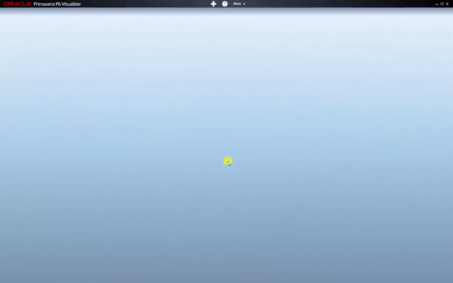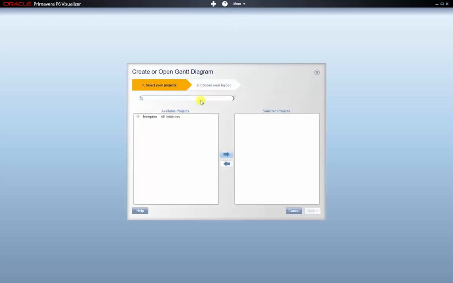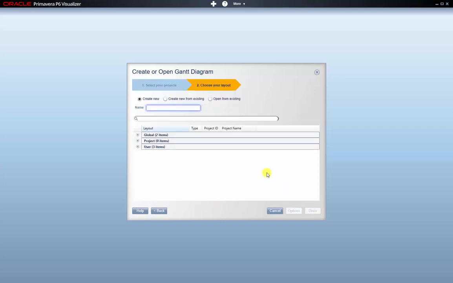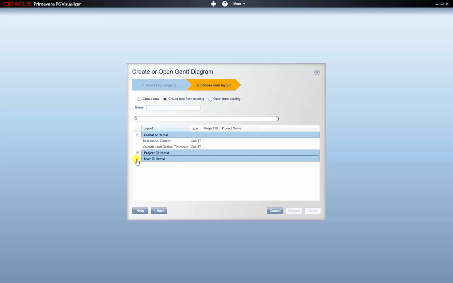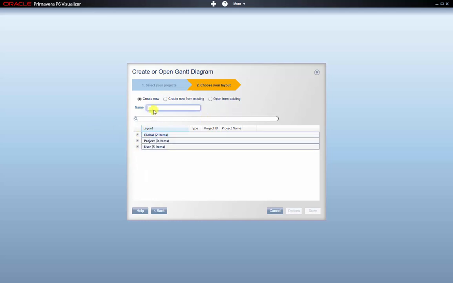So that takes us back to the beginning, and we're going to go into the Gantt chart screen this time. So add a Gantt chart, same as before, you select your project, add it into the selected projects and click next. Again, we can create a new one, create new from existing or open from existing. And we've got the option here of selecting one of the global layouts to start with. This time we're going to create one from new